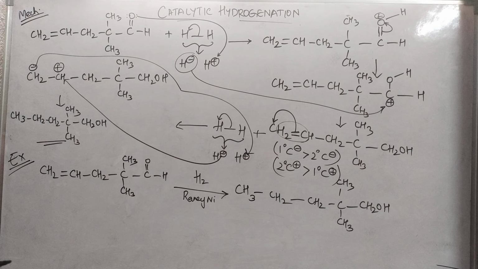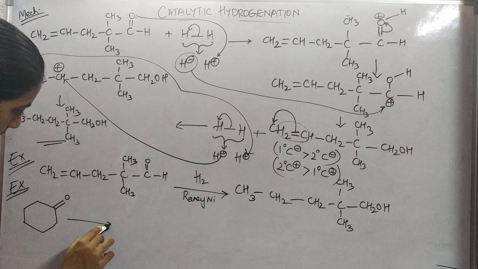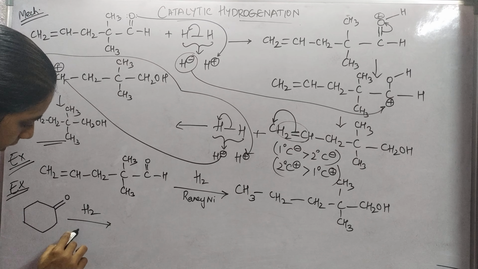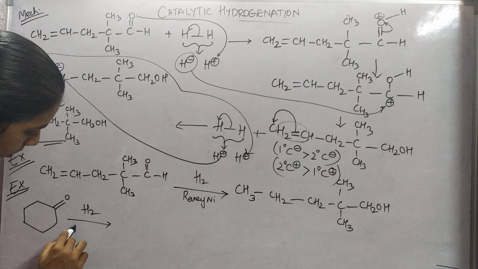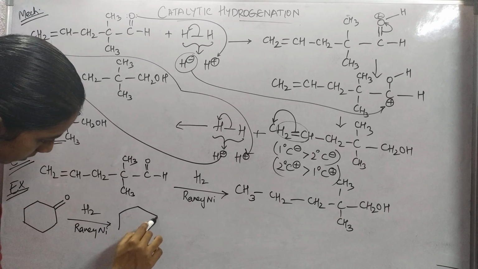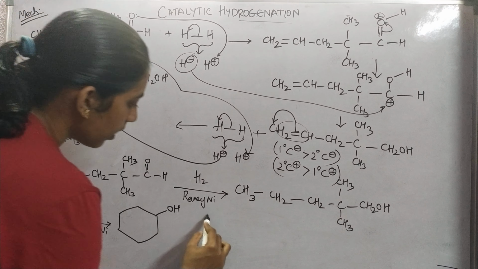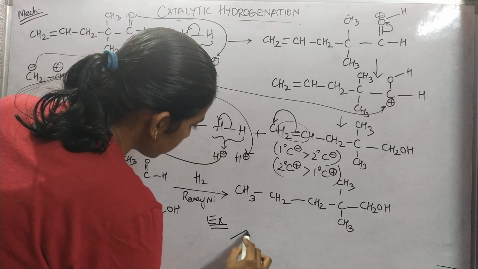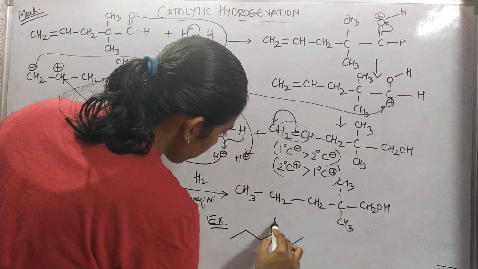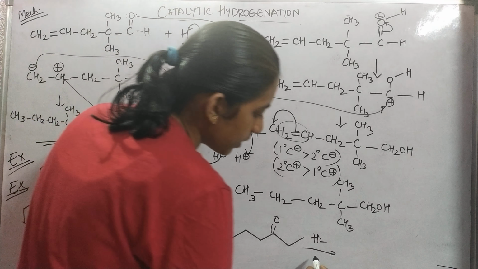Okay, we will see another example where we will be taking a ketone. Even this one here, when it undergoes catalytic hydrogenation in the presence of Raney nickel, it will be converted into an alcohol. Another straight chain ketone, when this undergoes catalytic hydrogenation in the presence of a metal catalyst,